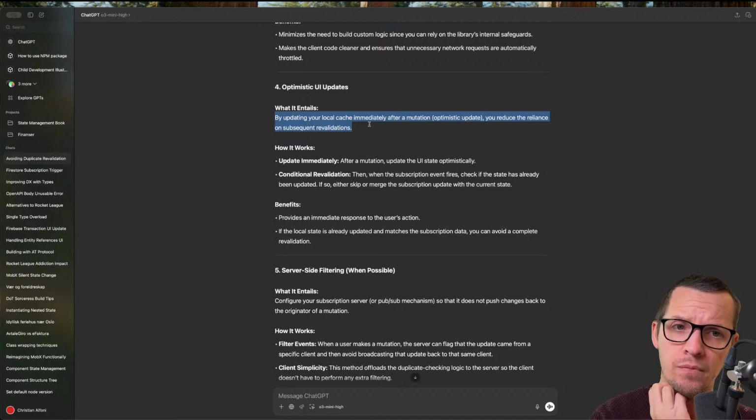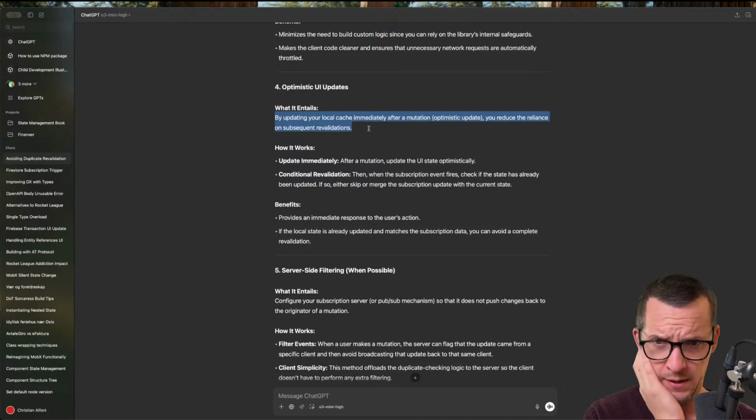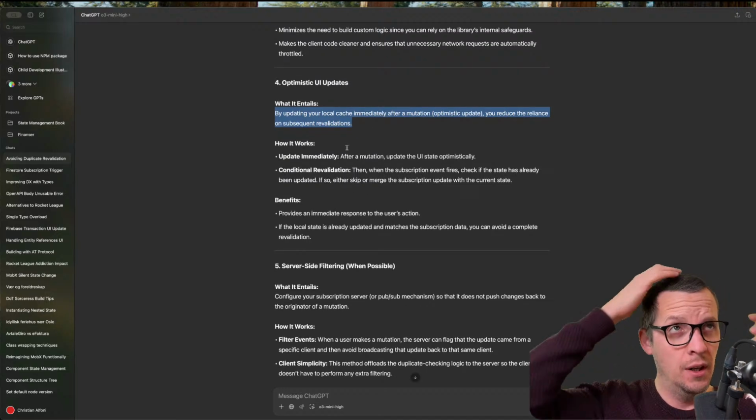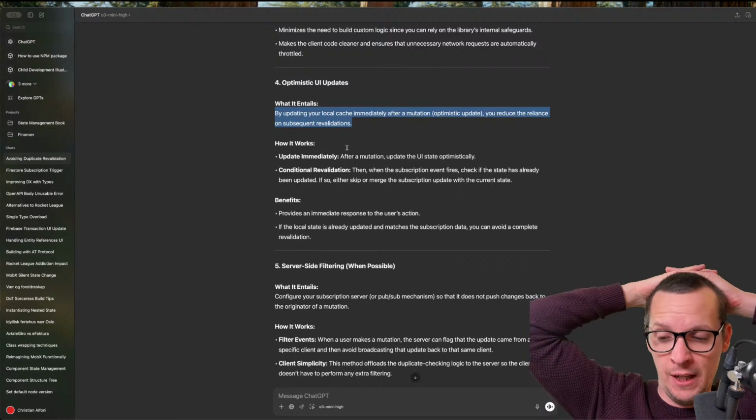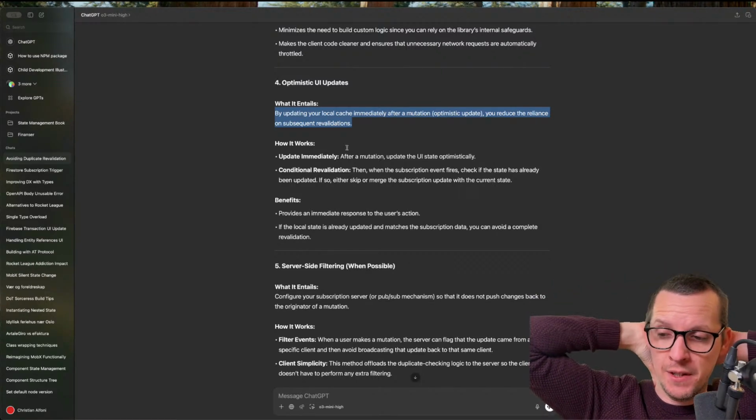And then how it works: update immediately after a mutation, update the UI state optimistically. Conditional revalidation. Then when the subscription event fires, check if the state has already been updated. Yeah, whatever. So this is how you should really use Firebase, because what was interesting about Firebase